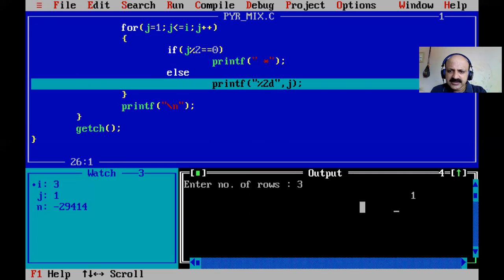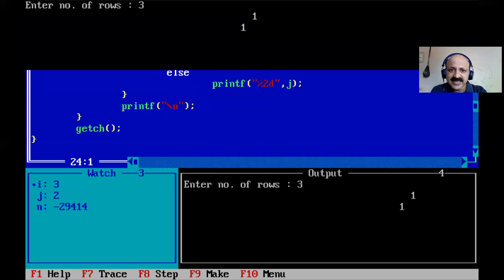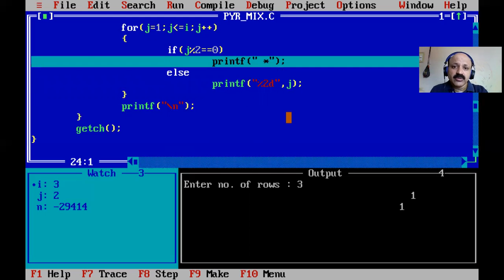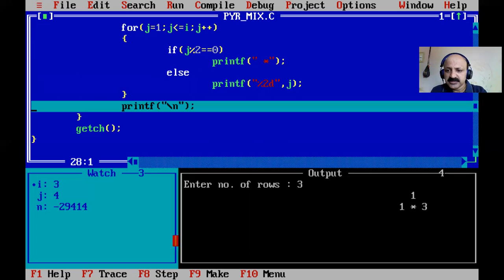So that is print, that condition is false because j is initialized to 1. Now j modulo 2, so that is asterisk is printed. But now j is 3, and not modulo 2 is required, but j plus plus. So here we require 2 elements, not 3, but j's value is 3, so that prints directly 3, not 2.